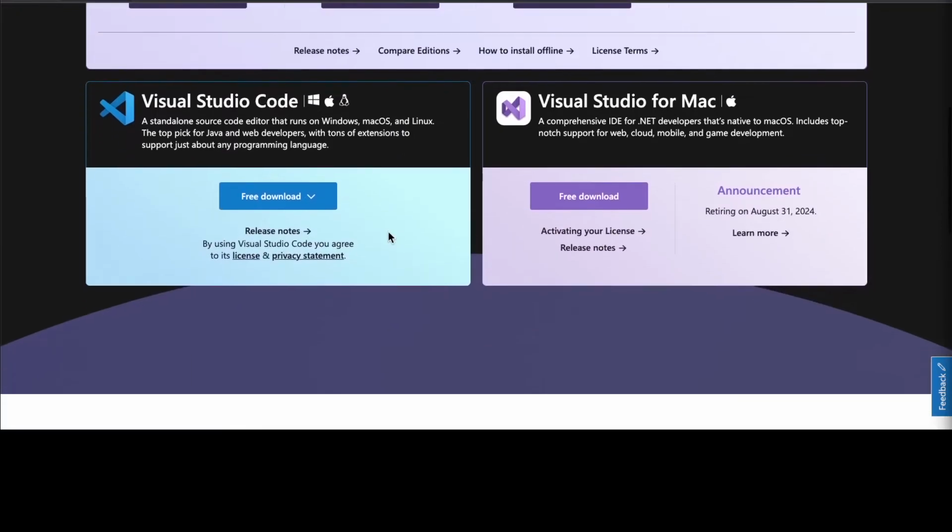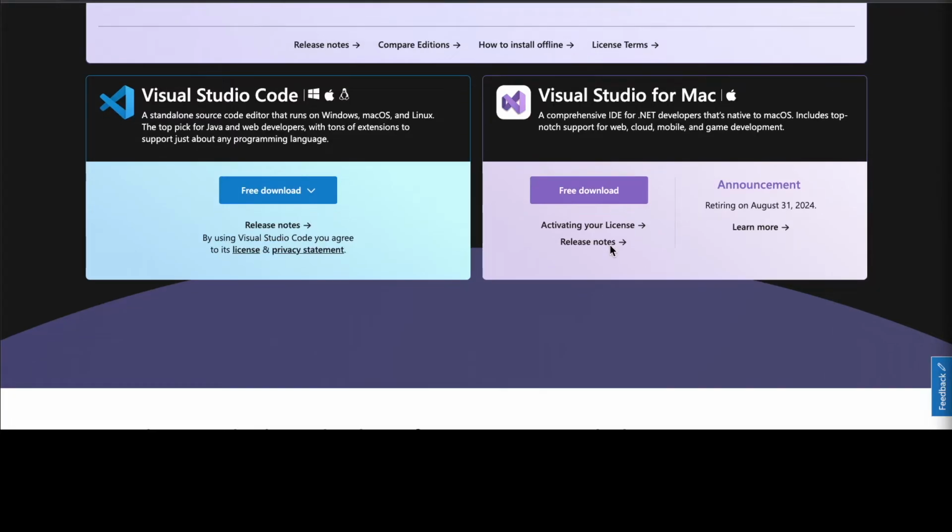Now, if you're on a Mac, you definitely want to download this Visual Studio for Mac edition here. This is also a free download. It doesn't have all of the bells and whistles that the Windows version has, but again, in this video I'm going to be using the Visual Studio for Mac edition since we don't really need to do anything super complicated anyway. So when you click on that link, and I'm going to click on Visual Studio for Mac here,